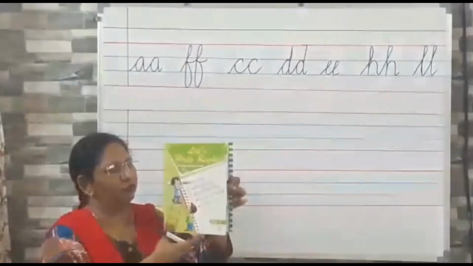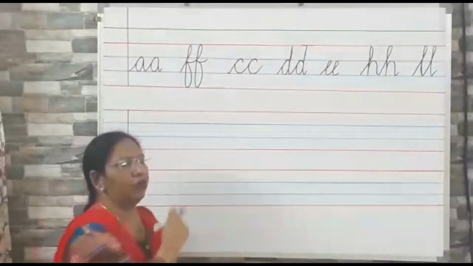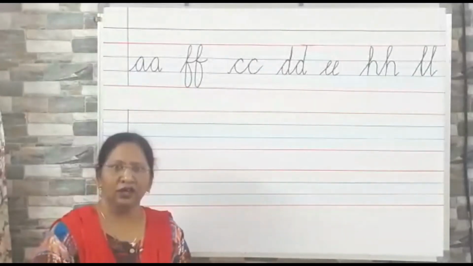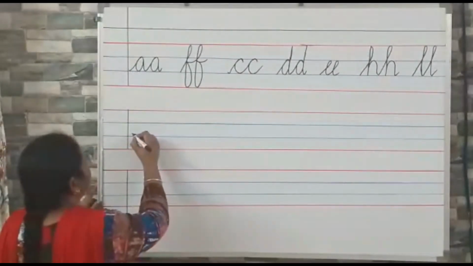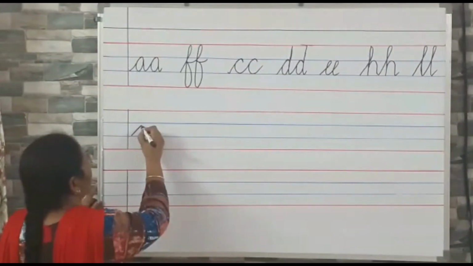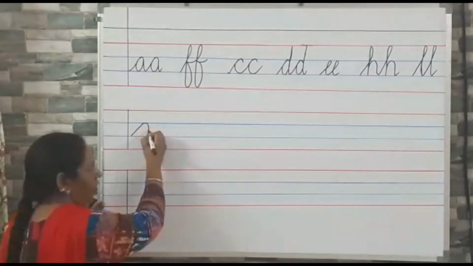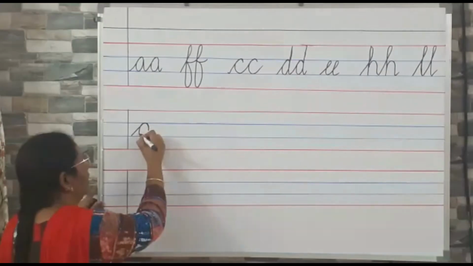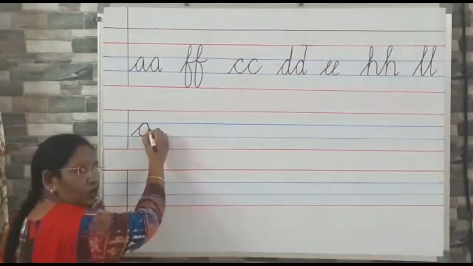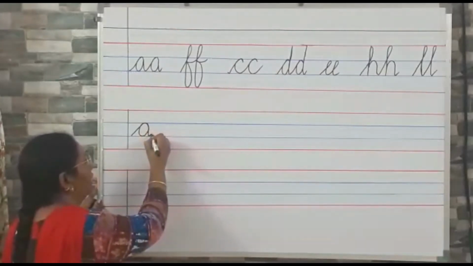Children, in today's class, we will start our cursive writing book also. Okay? In that, you have to take out page number 5. Today, first I will teach you how to write these letters properly in your cursive writing book. Okay? A. How will you start? Keep your pencil here. Make a slanting line. Go up and come down. Till here only. Half of the way. Then go up again on the same line. Come down and go up and make a circle. Then no need to lift the pencil. Okay? Come down again and a tail.